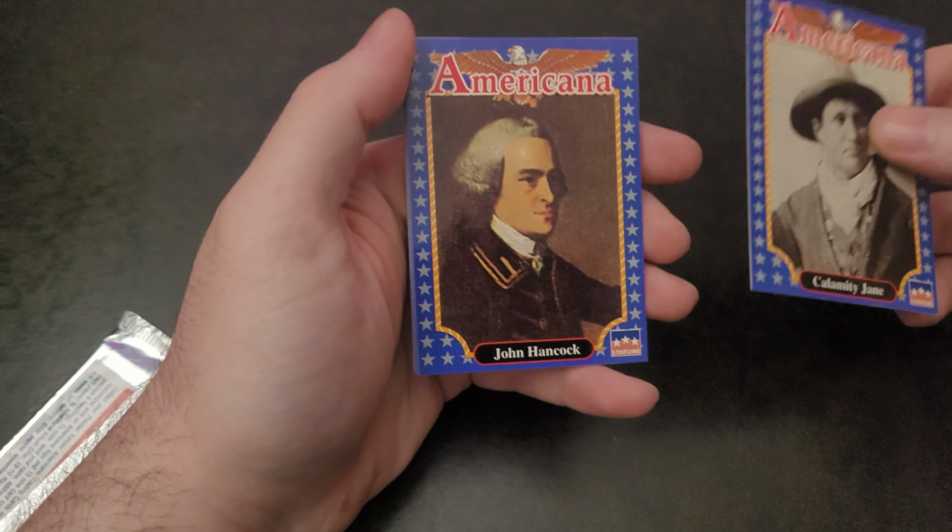Pierre Beauregard. Look at that. Look at that facial hair. Civil War facial hair. Amazing. Harper's Ferry. Chester A. Arthur with the chops. Woodrow Wilson. Franklin. It's a different portrait than you usually see of him. It's not your typical Ben Franklin